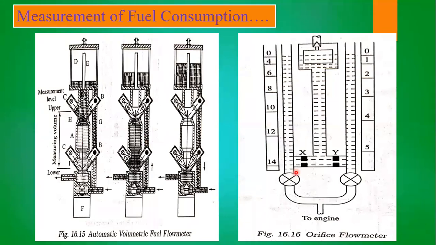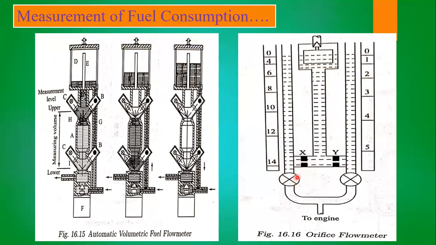Next, coming to the orifice flow meter. Here we already have two orifices, two orifice flow meters going with it. This is the integrated scale. We have taken a scale on both sides of it: here we have one scale and here we have one scale, and this is the orifice. Here is the fuel from the fuel tank, and these two, X and Y, are there to balance between these two orifices.